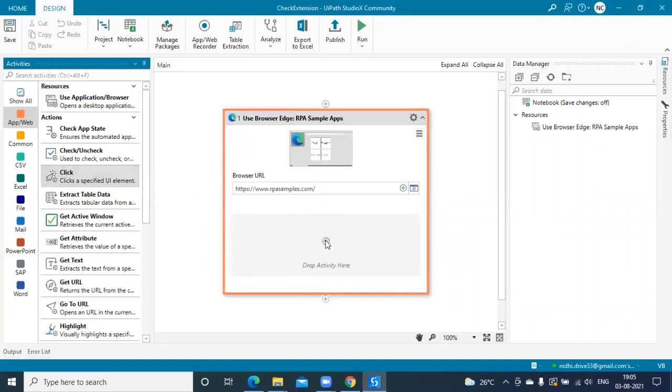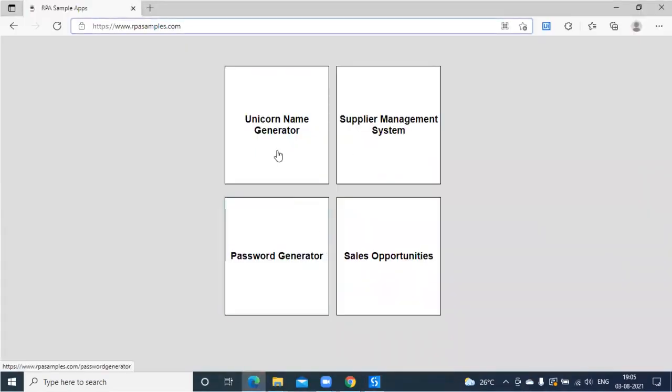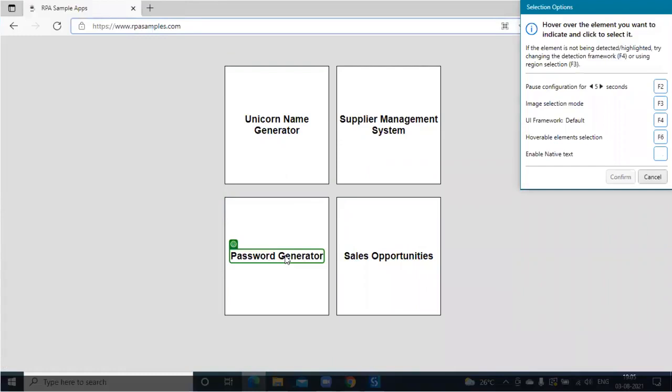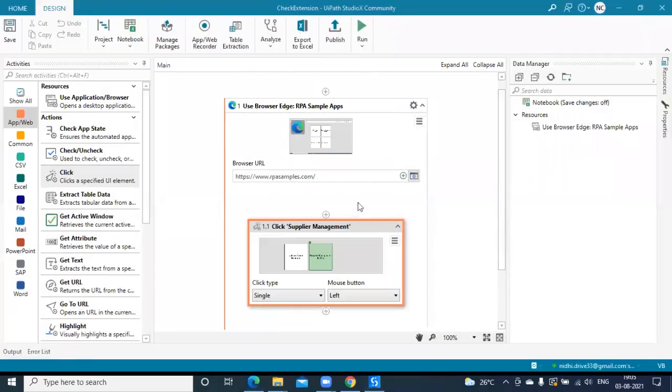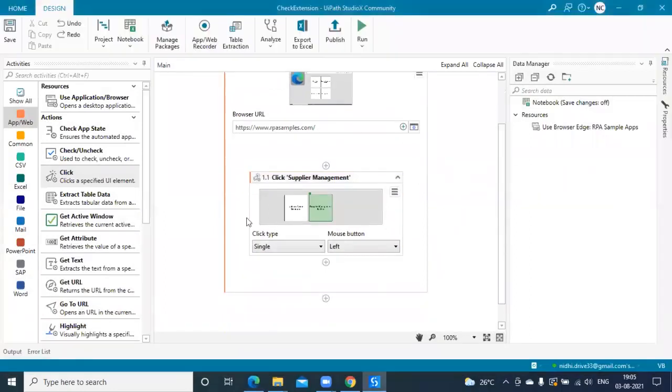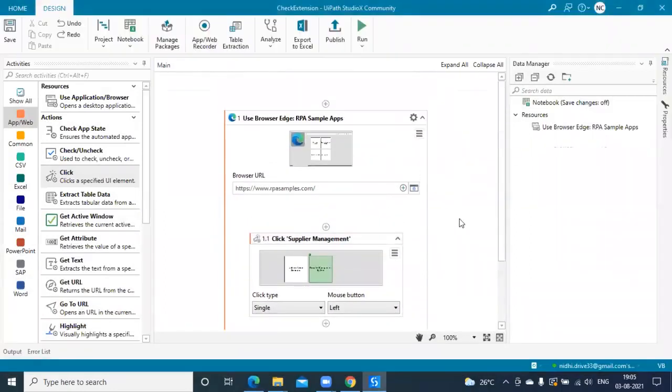Let's try again and click on any of the elements on that screen. I'll use the click activity and try to capture the elements. Now you can see I can easily spy the elements. So let's click on this particular element. I'll click on the confirm button, and here you go. So we have the automation workflow ready on the Edge browser also.